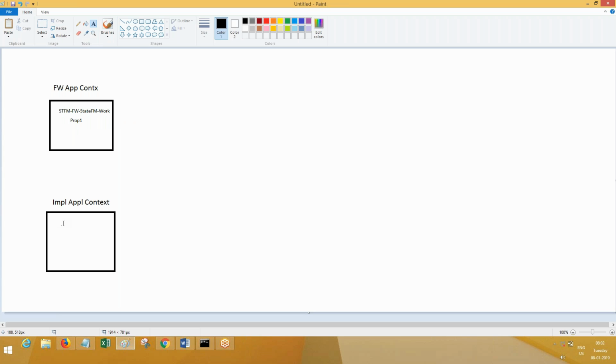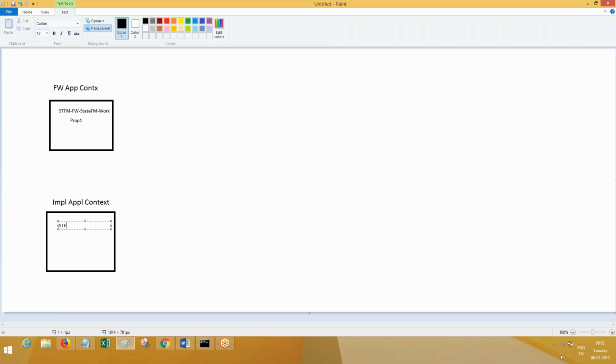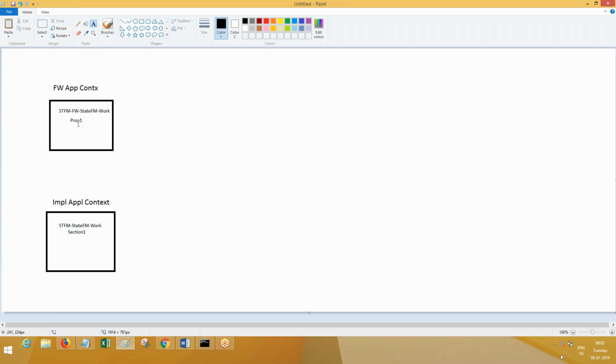Coming back to the implementation application context, here you have STFM and work. This is the implementation class. In the implementation class, we have a section. Let's say section 1. Now, can I use this property from framework in implementation?